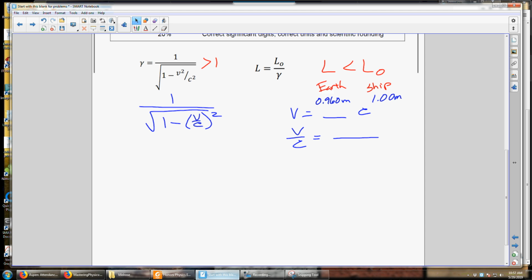What type of number are you expecting? Are you expecting a big number, a little number, less than 1, greater than 1, negative? Less than 1. You want a number less than 1. Because if you had 1, it would mean it was moving at the speed of light. Greater than 1, faster than the speed of light, which we know is not possible. How would I do? So let me just